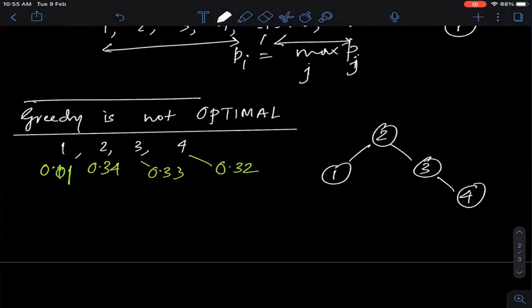But there the setting was slightly different, and there we know that if we do a bottom-up greedy algorithm, where you keep the highest frequency items as the leaves, then that suddenly works there. But it turns out that in this case, even that approach does not work. I can keep giving you examples, but that's not going to add too much. The whole point is that every natural greedy algorithm that you can think about is going to fail in this case. People have tried for a long time. So let's hope that they did not miss out on something simple. Okay, so I guess we have enough motivation now to try a slightly more non-trivial algorithm, which happens to be a dynamic programming algorithm.